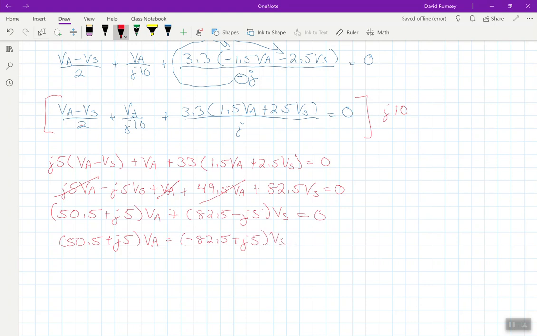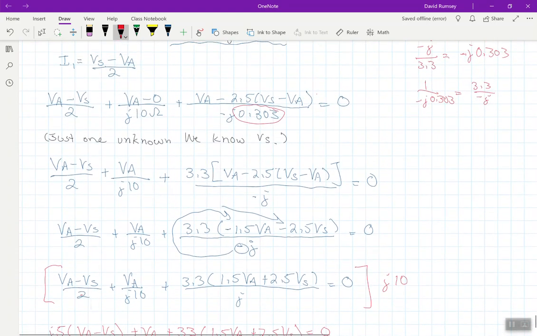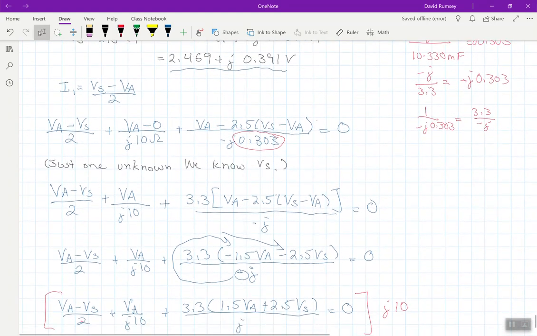So I subtract the term, so this would become a negative 82.5, and then I'd get a plus j5, because I moved it to the other side of the equation. And so Va is now negative 82.5 plus j5 times Vs. Let's plug in for Vs now. Vs was what here? 2.469